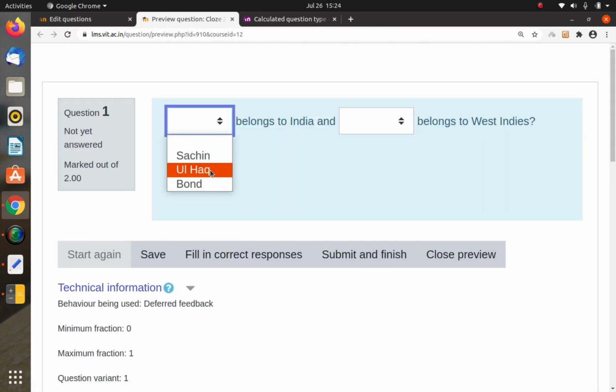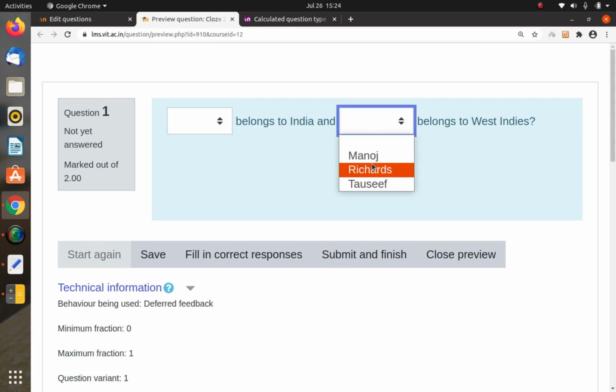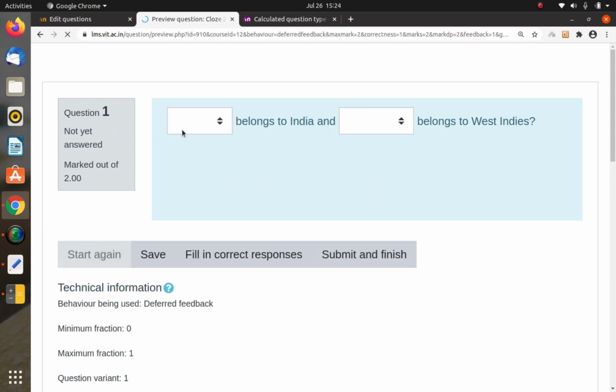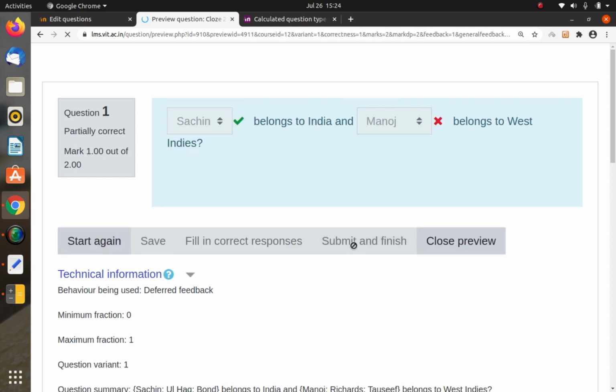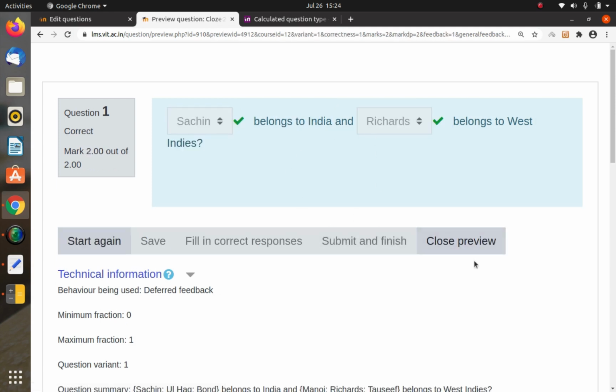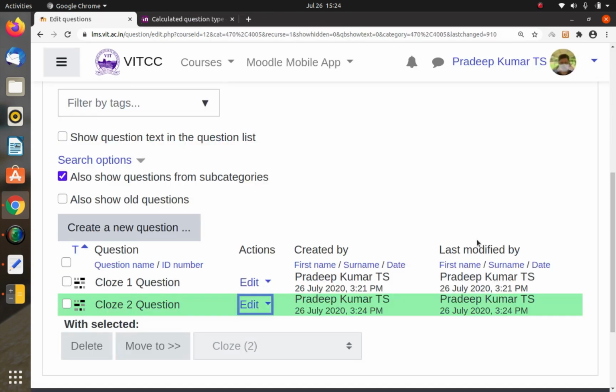There will be 4 options: Sachin, Ulhaq and bond, and here Manoj, Richards and Tausif. Let me use Richards, submit and finish. Only one is correct, another is wrong. Again, I'll go with Sachin and Manoj, submit and finish. I got only one correct. Again Sachin and Richards here. So this way we can generate multiple choice questions using this close.